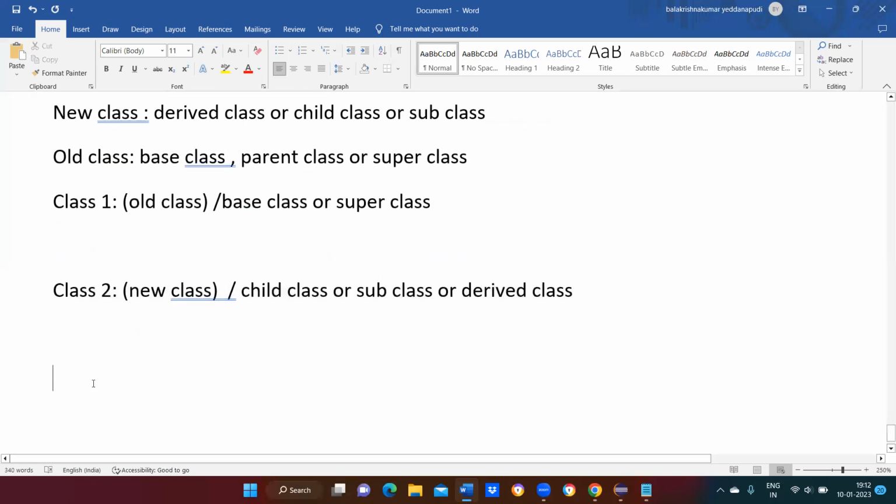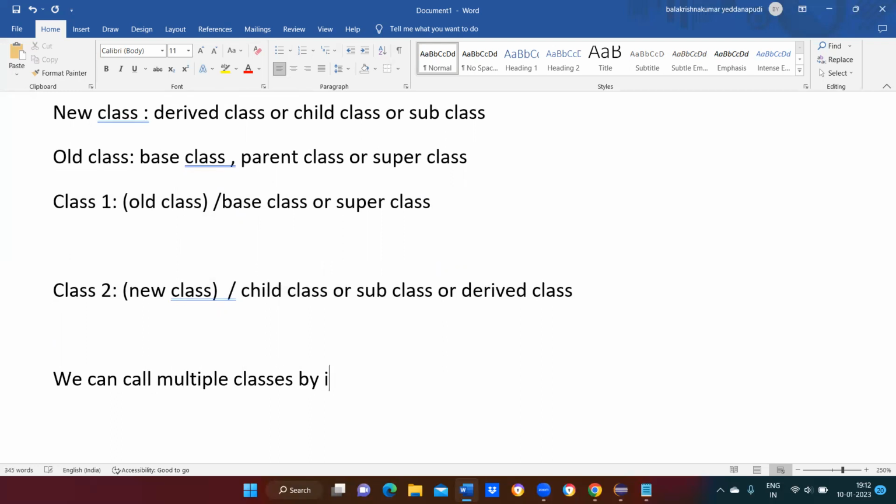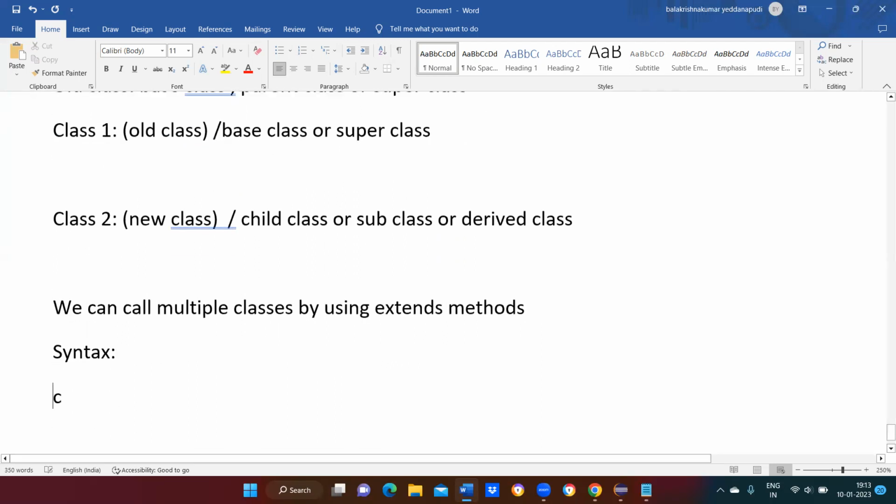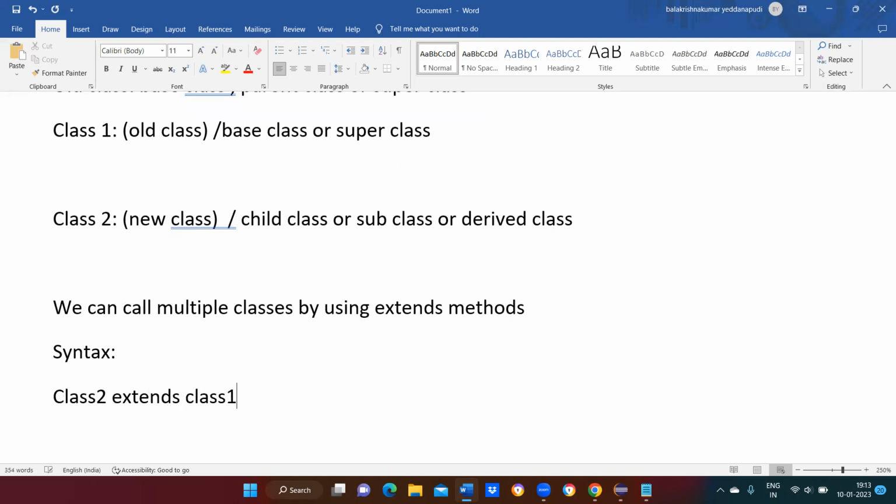So for that we can call multiple classes by using the extends keyword. For example, the syntax is class 2 extends class 1. Here class 2 is the derived class or sub